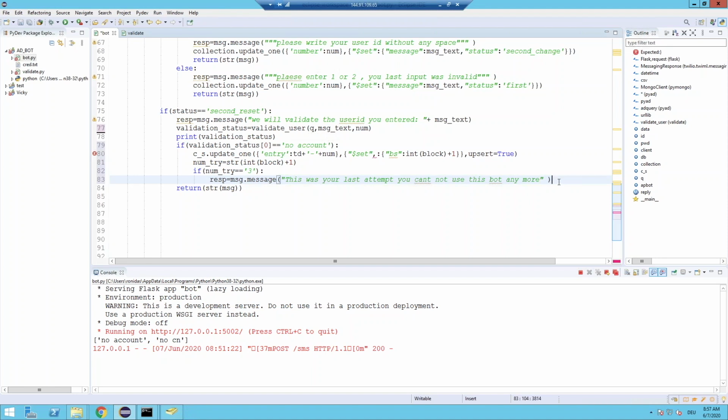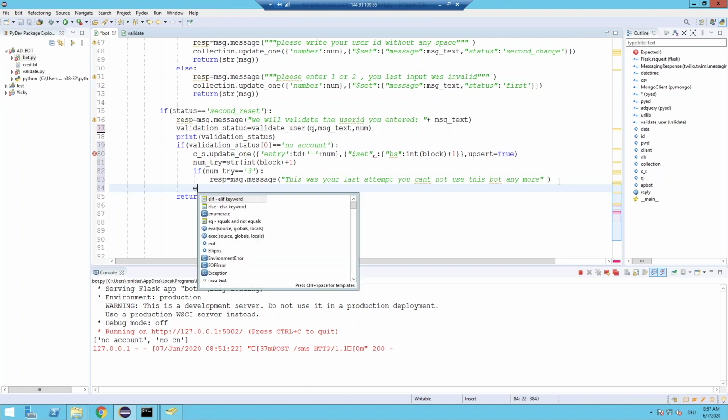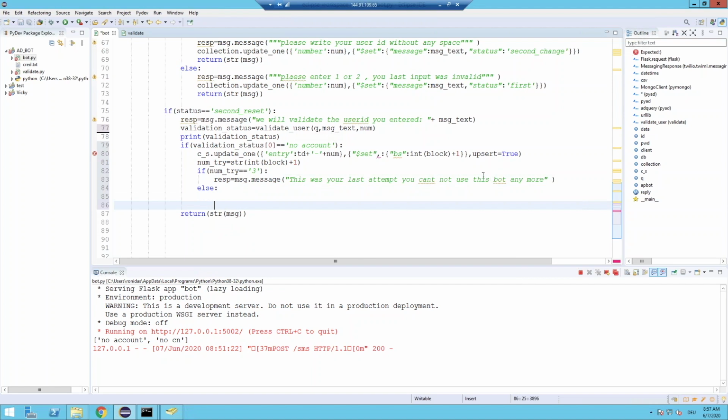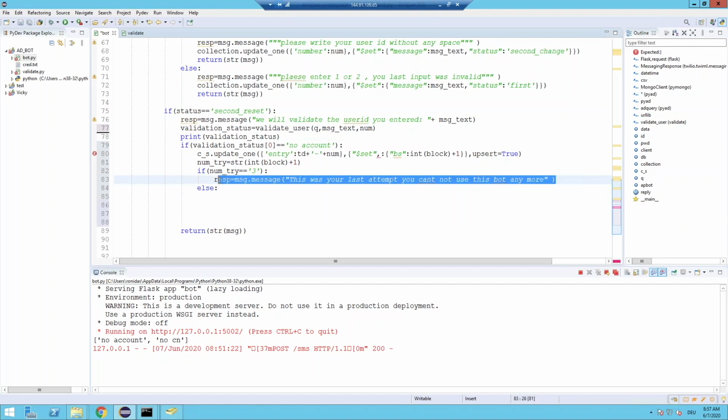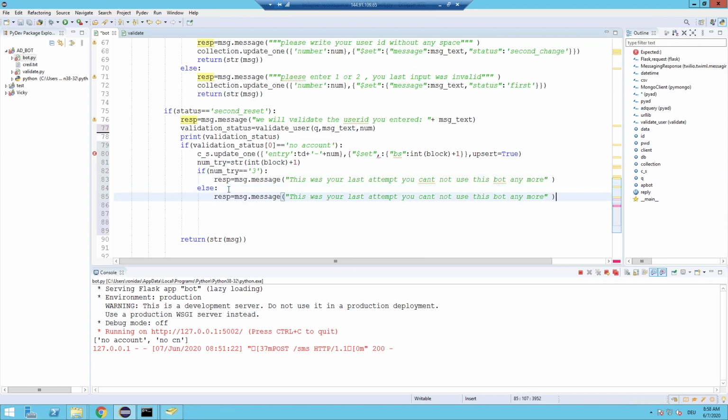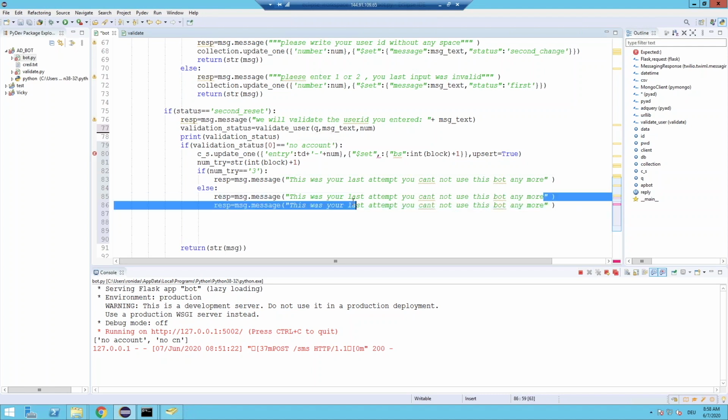and let's put else. Actually, else, same thing, but we're going to do some sort of custom thing. Okay, this is your first attempt, this is your second attempt, like this sort of custom message we'll try to use here. Maybe two messages. So this is your